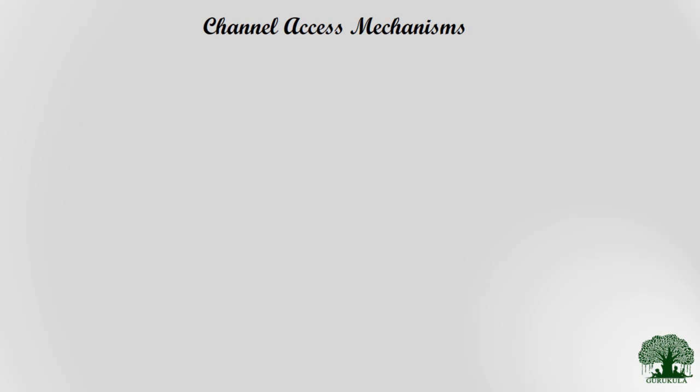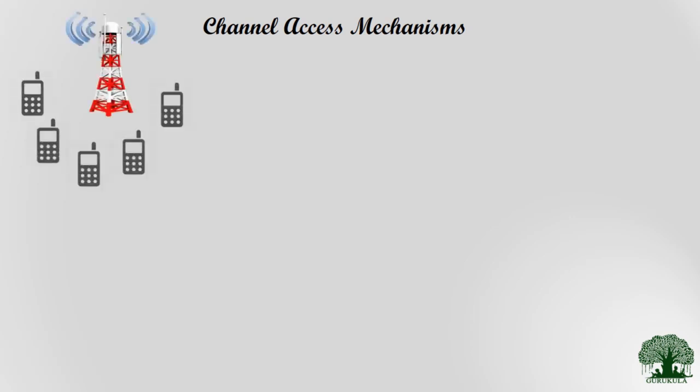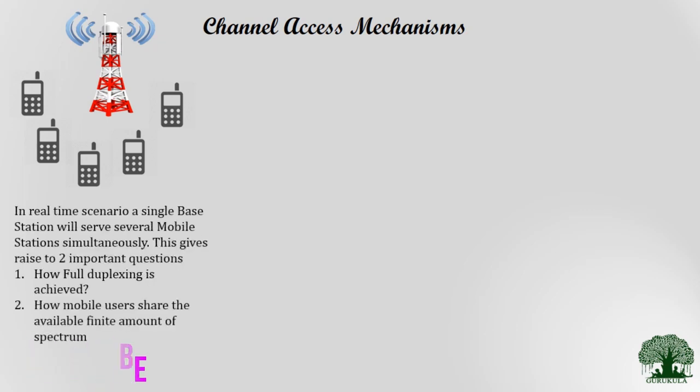So next comes the channel access mechanisms. So how do I actually access this particular channel? In real-time scenarios, we know that a particular base station should be able to serve a large number of mobile stations which are located in that particular geographical area. So